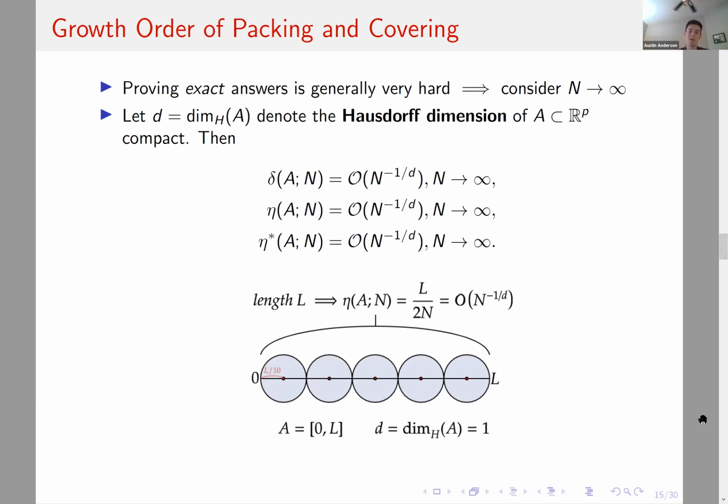So to make the growth order of packing and covering more intuitive, I just wanted to recap it briefly. So why do we consider the asymptotics of packing and covering? As Alex said, it's because proving exact answers for these problems is generally very hard, even for a very small number of points. And even if you're looking at highly regular sets, such as the sphere,